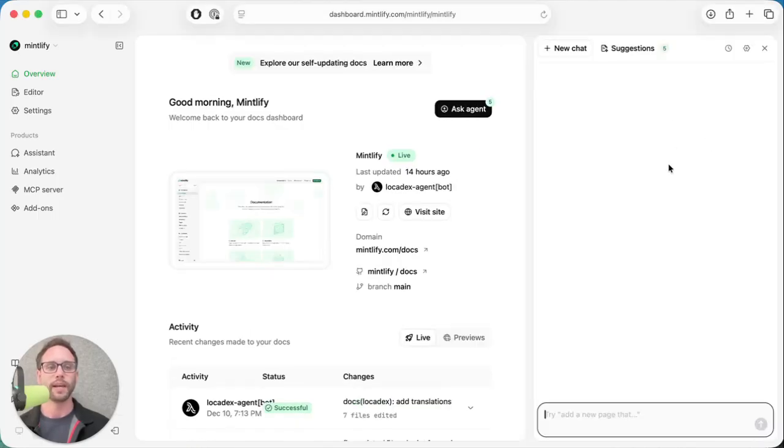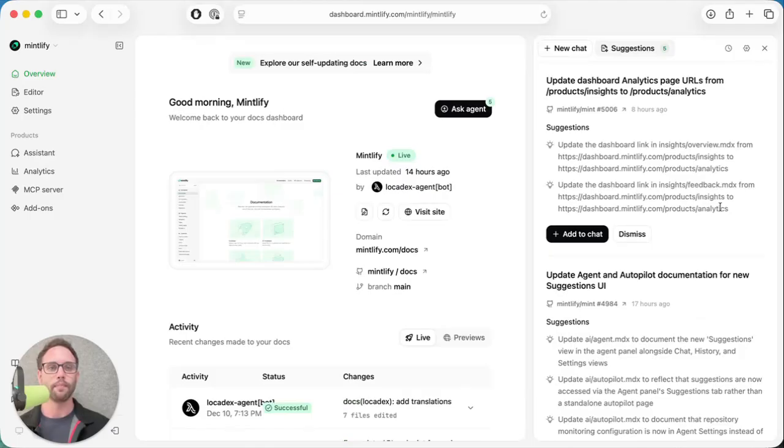If you open the Agent panel and go to the Suggestions tab, you can review all of its suggestions. You'll see that it has the linked pull request that it's looking at to make these suggestions and how it thinks your documentation should be updated. You can add these suggestions as context to the agent and start making documentation updates right in your dashboard, or